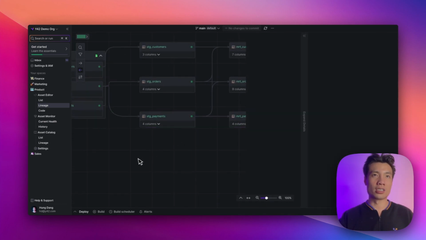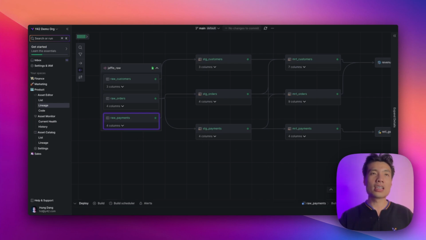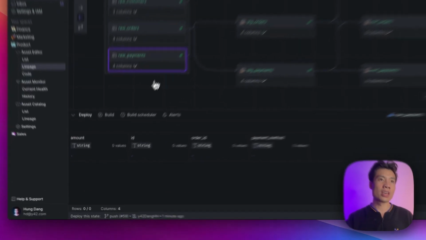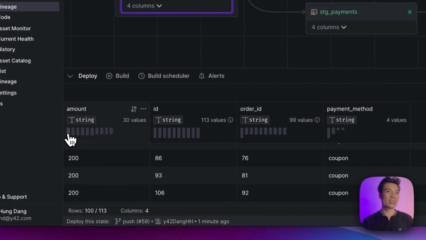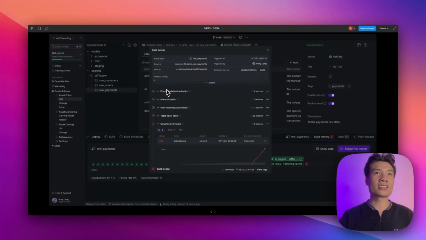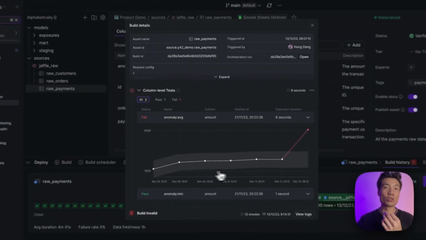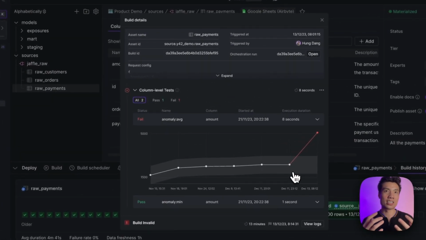Now with the same technology, we can also stop bad data from entering the source. So let's assume right now we have the raw payments table. And this raw payments table, usually, that's the amount people pay us between 700 and 1,600, right? And let's assume right now there's some bad data entering production. Imagine I'm on the raw payments table and suddenly we see a red job in here. We drill in and we see that there is an anomaly that we detected, because the payment is no longer between 700 and 1,600 like we usually know, but now suddenly the payment is